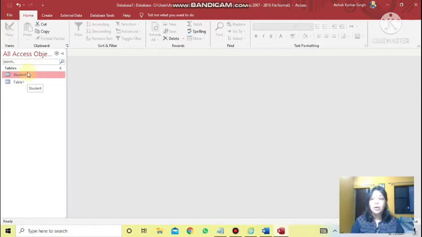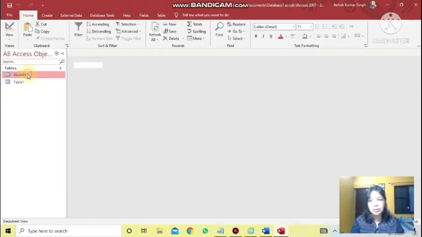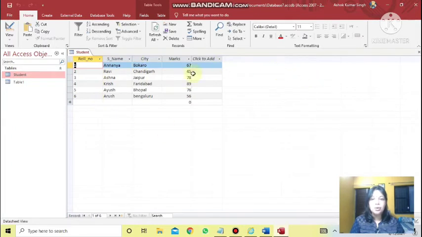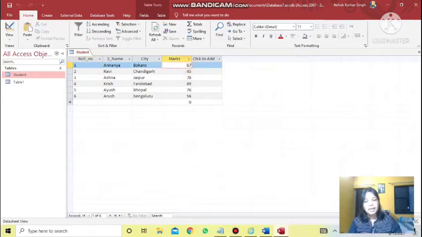So what you have to do, open that table by double clicking on that, and you will see the table. Go to that particular field which you want to update. Suppose Ananya's marks increased and she got 86 percentage. So you will keep the cursor there, either use backspace key or delete key according to the position of the cursor, and then delete the previous data and enter new data there. Suppose, as I told, she got 86, so I am entering here 86 percentage of marks, and then I am just saving it. So my data has been updated.